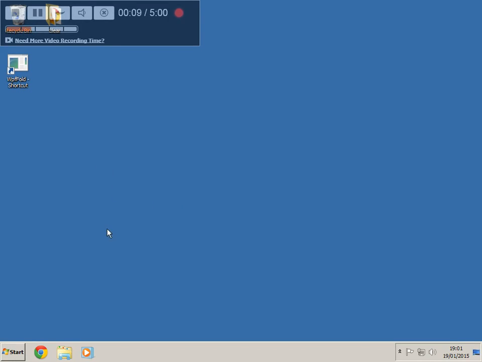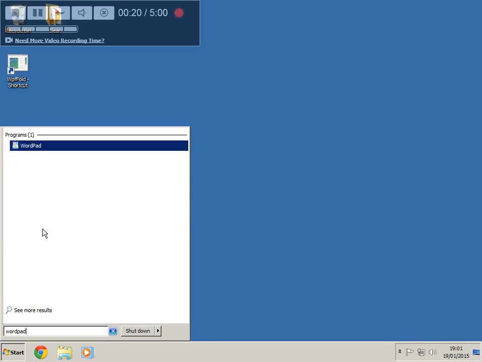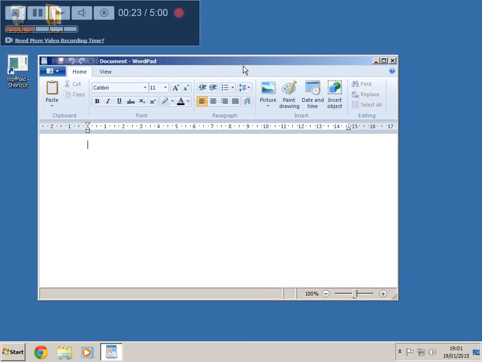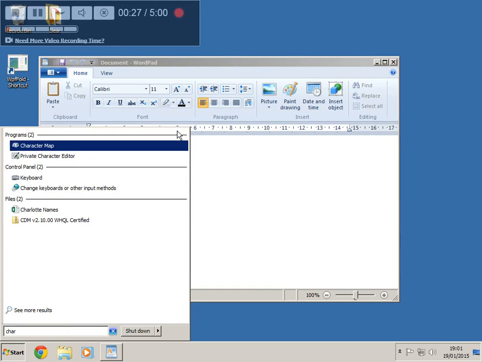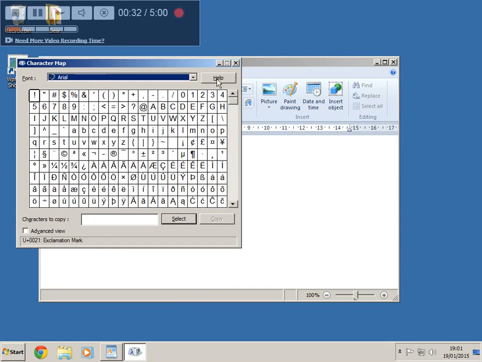What I'm going to do now is quickly first create a pattern using standard tools that are in Windows. So I'm going to start with WordPad. It's like a cut down version of Word. It's free with Windows, pretty much all versions, and Character Map. This is something you may or may not have come across, but it does let us do interesting things with